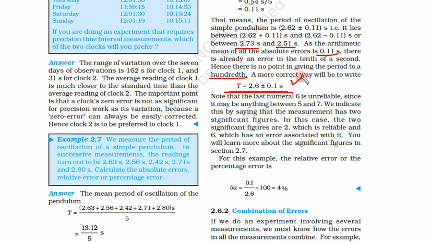This is a good way to write any measurement with proper error notation. Why did we leave this 0.11? Because this number itself is not correct. When we are not sure about the 1/10th part of a second, how can we predict that we have some error of the 100th part of a second? That's why we have removed that number.